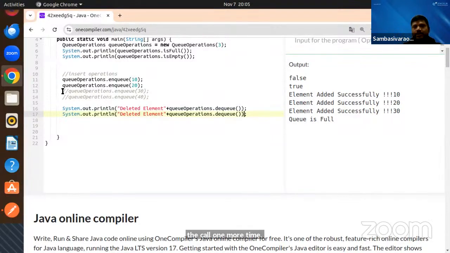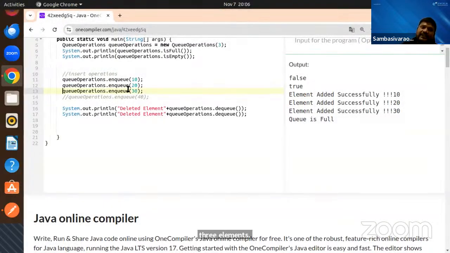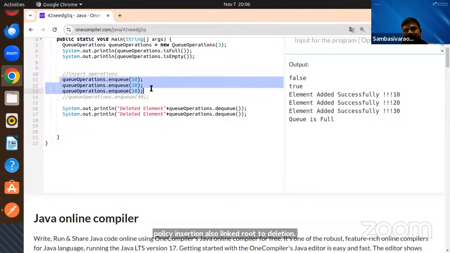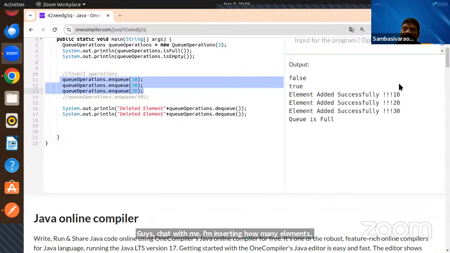Now, guys, assume here I'm inserting only three elements. Guys, insertion is also linked to deletion. So how many elements am I inserting? Chat with me. Three elements. Whenever we insert three elements,